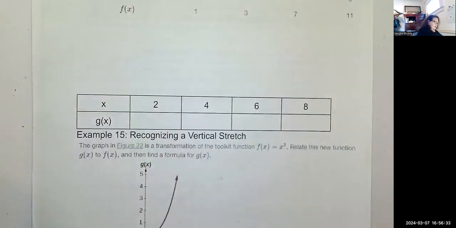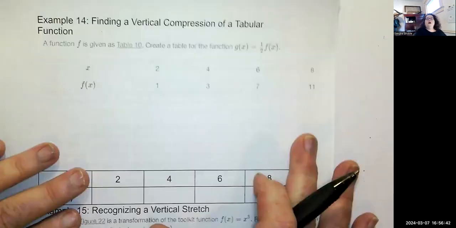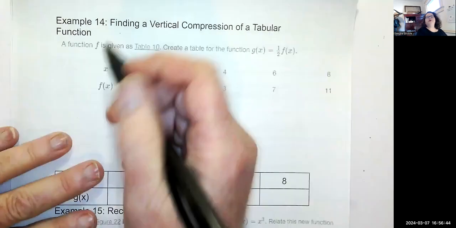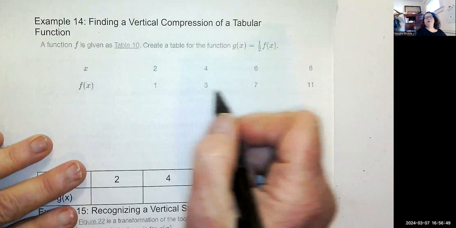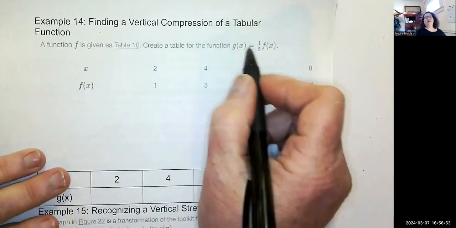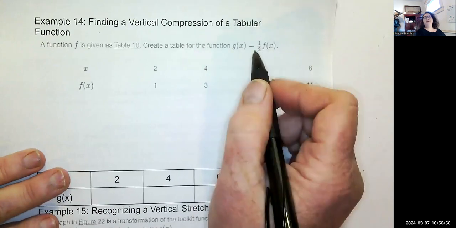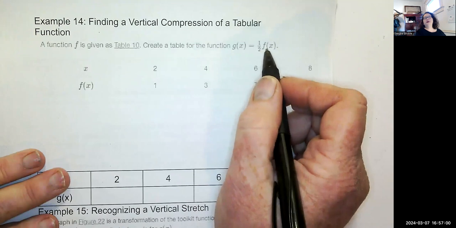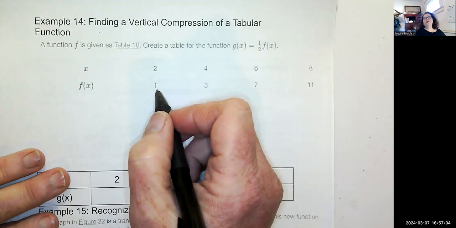All right, we're going to find a vertical compression of a tabular function. Vertical. Okay. So verticals, we've got 2, 4, 6, and 8. And then f of x is 1, 3, 7, and 11 corresponding to these x values. They're telling me there's a g function that is half of the f of x. So depending upon if we plug in a 2, f of x is 1, g of x is going to